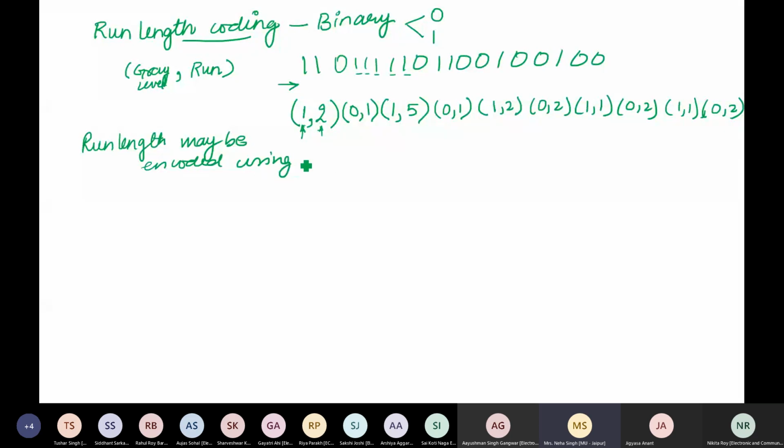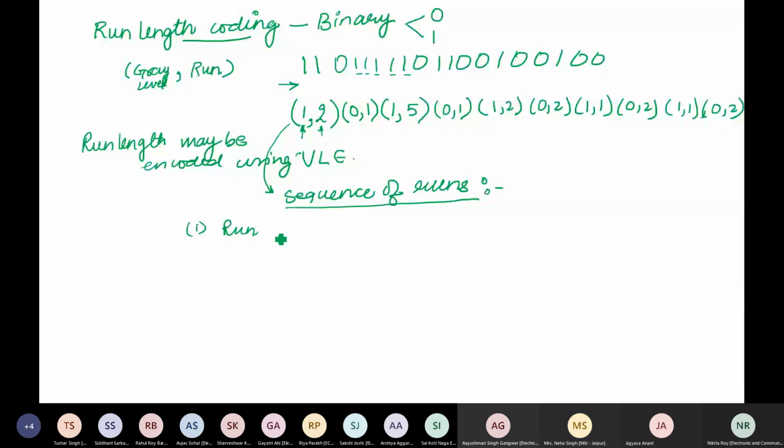Encoded using variable length encoding. Right? Now, further compression of this run length coding could have been achieved if I modify this ordered pair as simple sequence of runs. Rather than specifying the ordered pair as gray level followed by its corresponding run length, I simply represent it as sequence of runs. But for that, I may say that my run or my data